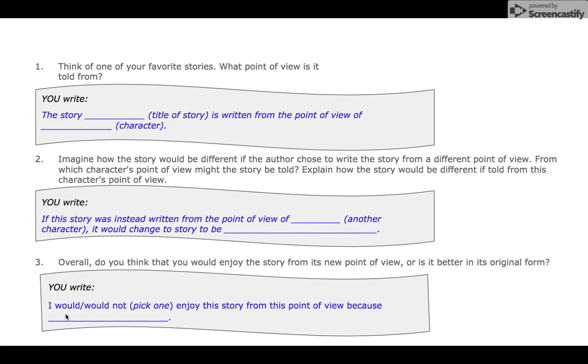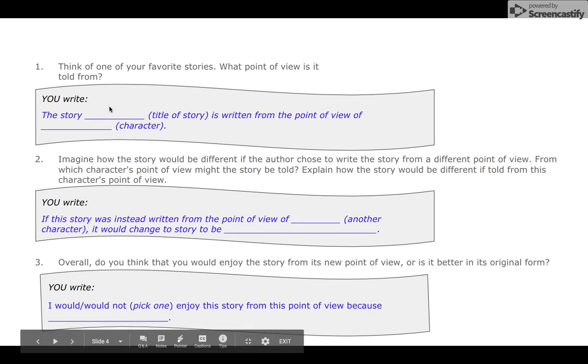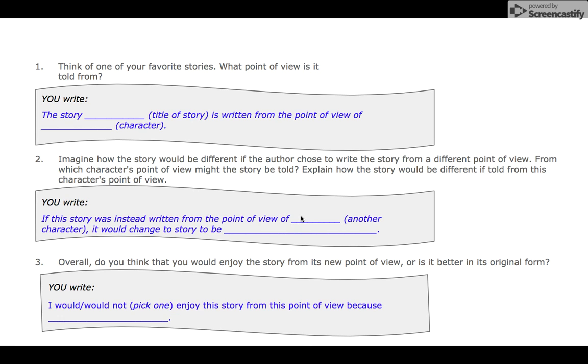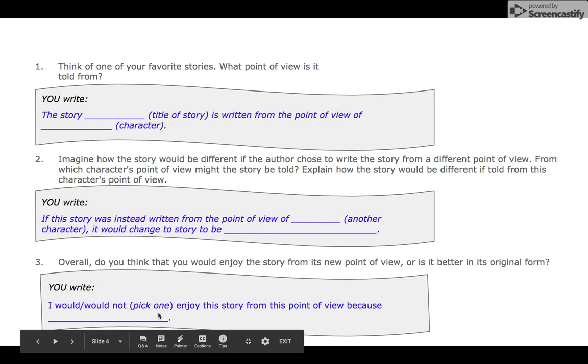I think it would be fun to see the 7 dwarves as evil little creatures that the witch would have to fight. Wouldn't that be interesting? A little teeny army of evil dwarves instead of the cute, happy, sneezy, dopey Doc, all those cutesy ones. I think I just came up with a great retelling of Snow White from a different point of view. But your job is to talk about your favorite story, determine whose point of view it's from, determine a different character's point of view and how it would change the story, and then decide which point of view you like best.